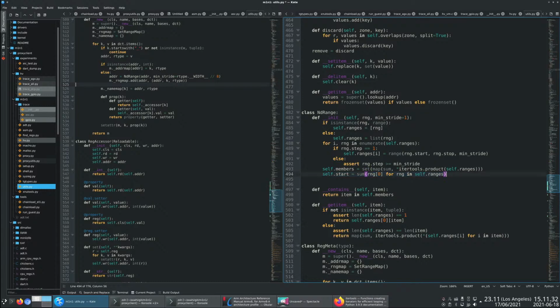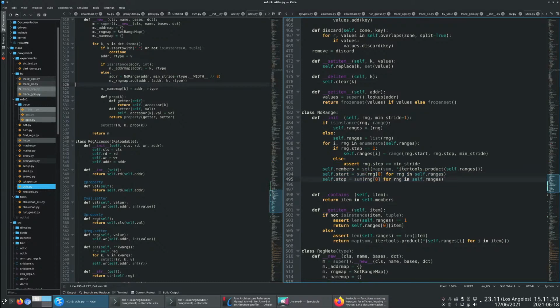That'll do it. And then stop will be basically the biggest thing, and it needs to be offset by the